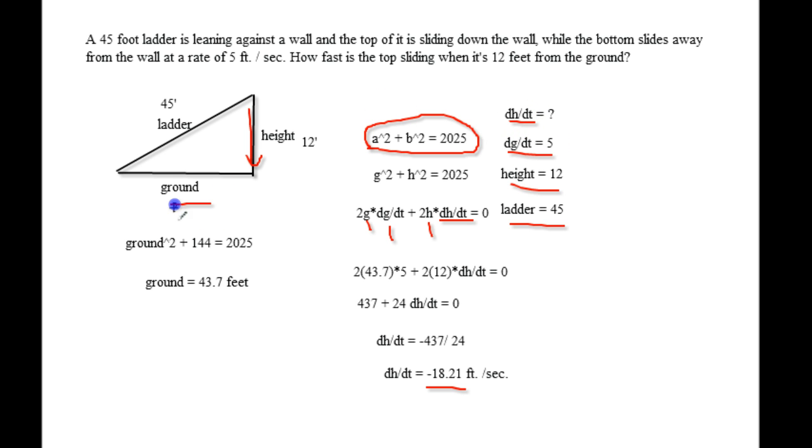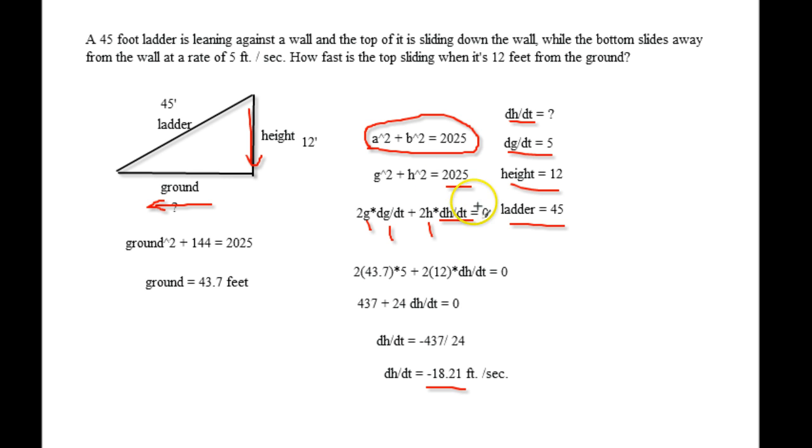We do know the rate at which it's going away from the wall, and that's 5 feet per second. We know the height is 12, and we know the ladder's length is 45. So we replace A with G, or you could replace B with G, doesn't matter. And we replace B with H. Now we differentiate with respect to time. And so we get 2G times dG/dt plus 2H times dH/dt equals 0, because remember,